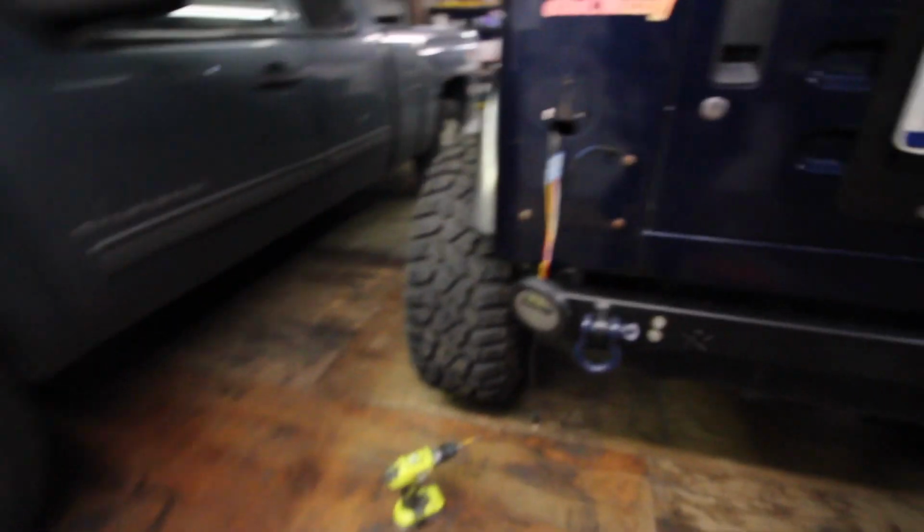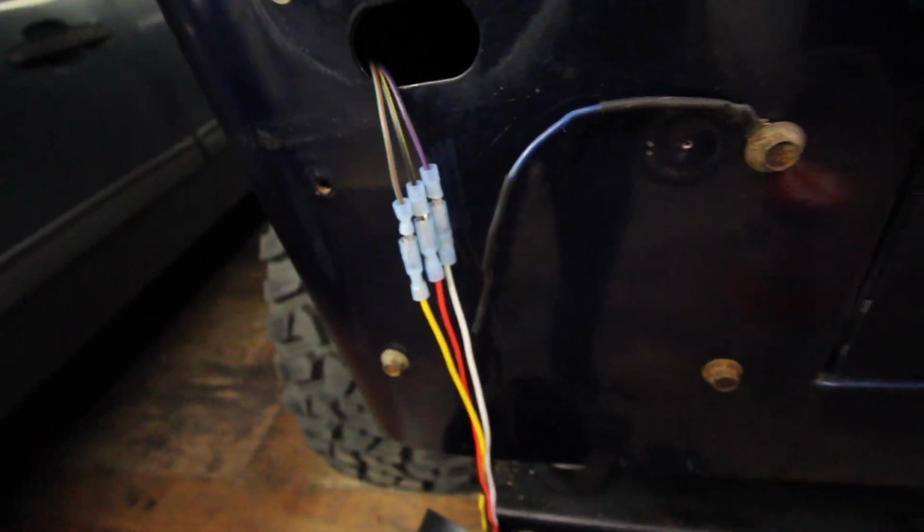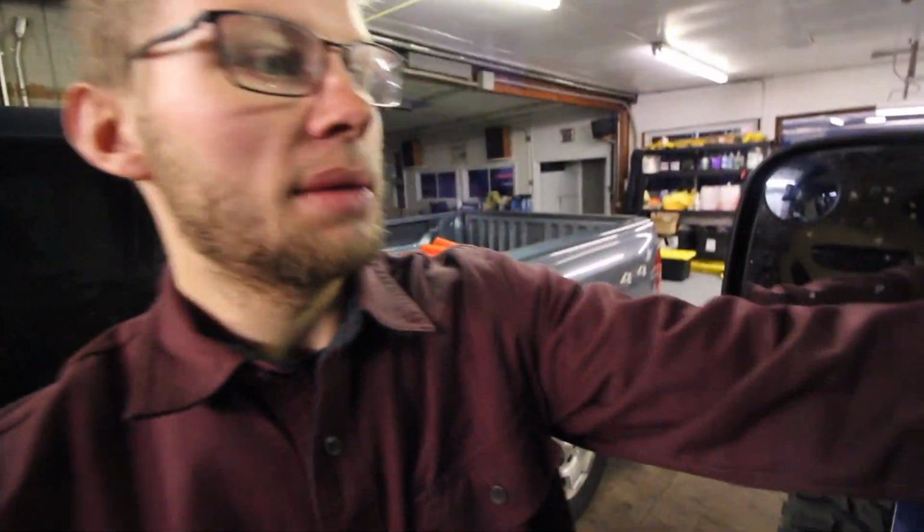So quite a bit of time has passed since the last clip, and I've actually put new connectors on these lights just to test them a whole lot easier and eliminate any of my connection issues. That's just a temporary ground. I know it worked from before. So the issue I'm having now is I have brake lights, I have running lights, but I can't get my blinkers to work. So even when I hit my flashers,